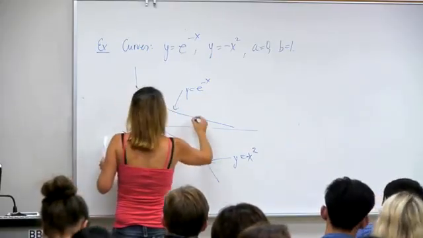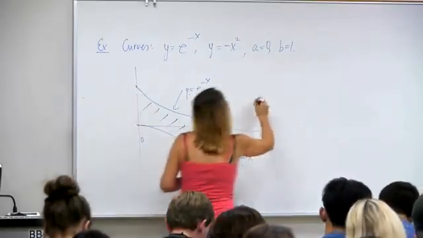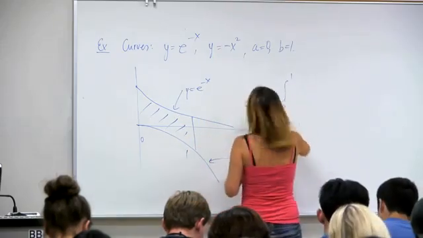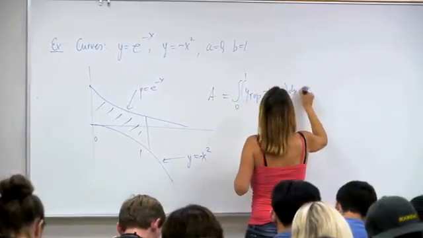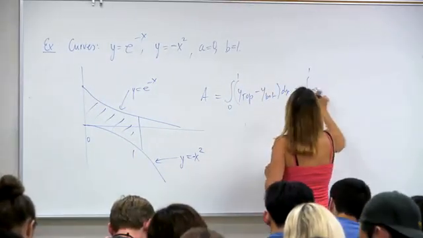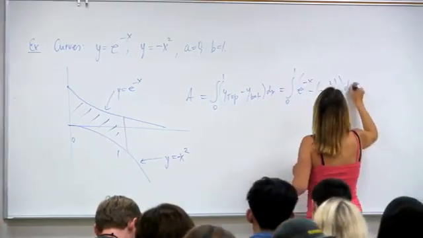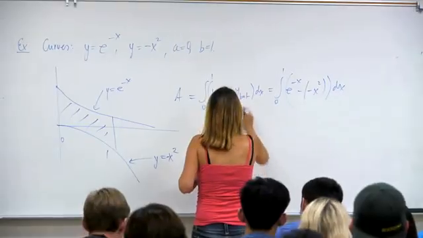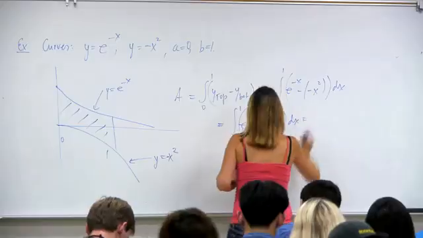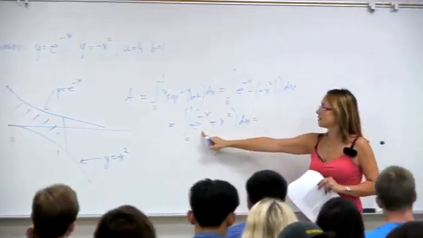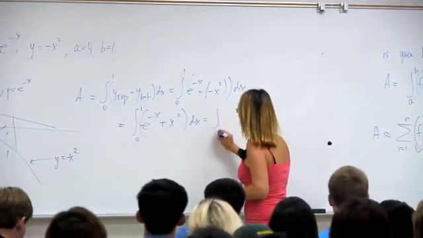So here, 0, 1, this is the graphics, and the area is an integral from 0 to 1, y top minus y bottom, e to the minus x minus x squared, e to the minus x plus x squared. So now we have to think a little bit, because let me